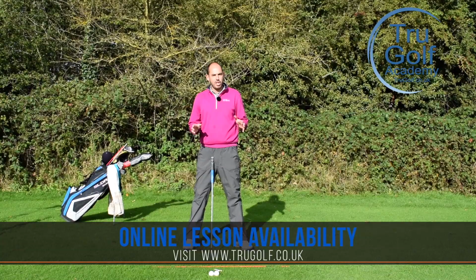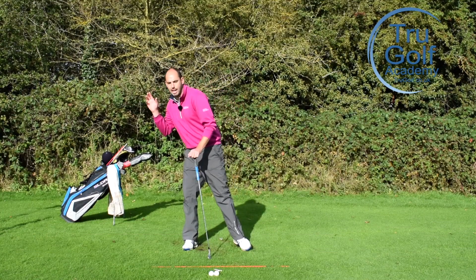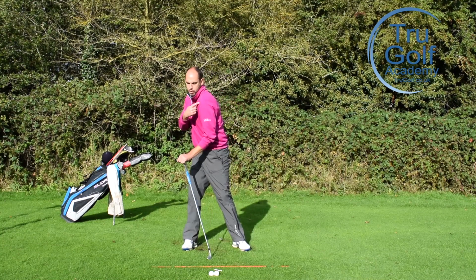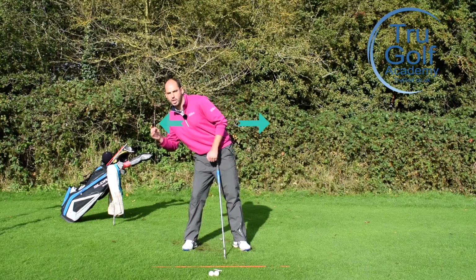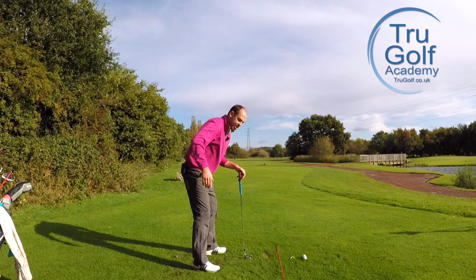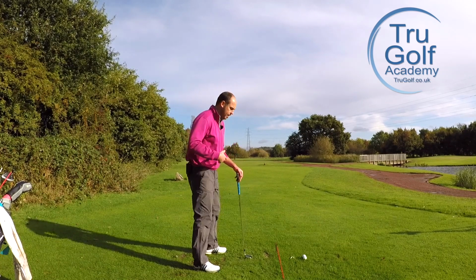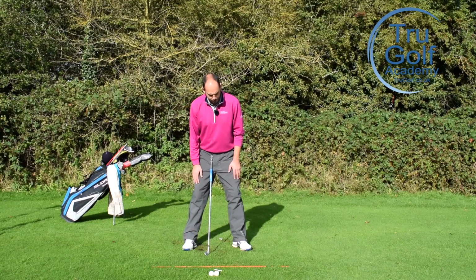So if this is something you struggle with and you need a little bit more tilt in your backswing because you see too much lateral movement, you see that lead shoulder move too much horizontally, you see maybe a separation of the upper body from the lower body in your backswing, or potentially from this angle just up and out of posture, then I've got a couple of exercises for you, but one feeling would be in golf setup